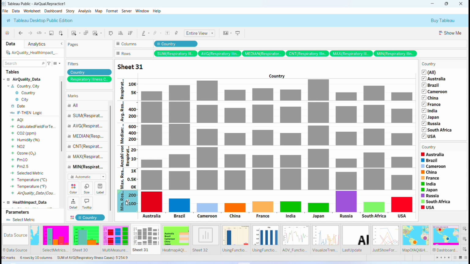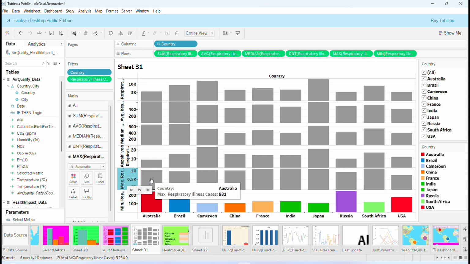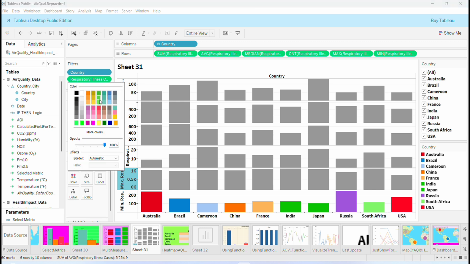Now you see the minimum respiratory illness by country. It's high in Australia, USA and Russia. And here you see the max. You can choose if you want a different color for this one. And here you can choose the color. Let's say